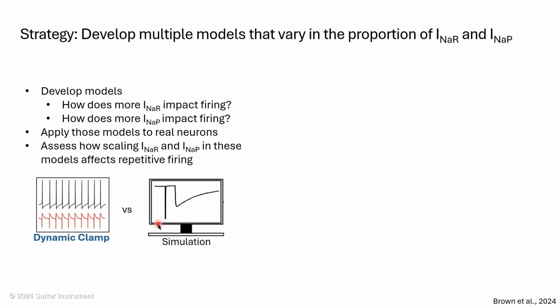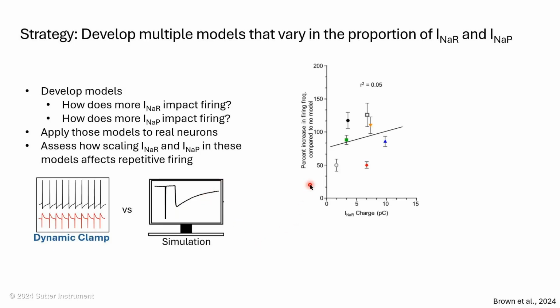And then we can compare those firing frequencies to the current properties of our simulated currents of each of those models. So we can test against the amount of resurgent current in those models, and then we can test the amount of persistent current in those models. And so here's a graph of the percent increase in firing frequency on the y-axis. So as we get higher, we have a greater increase in firing frequency in our cells where we applied the models. And on the x-axis, we have the amount of resurgent current within those models themselves.